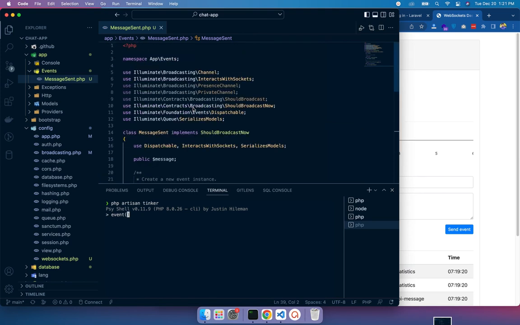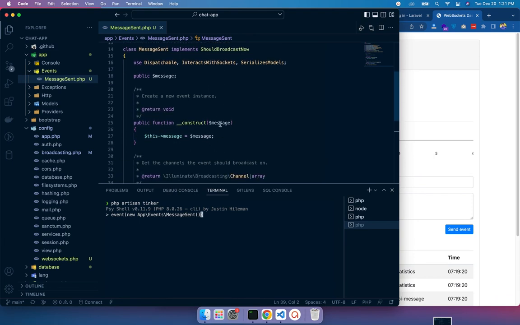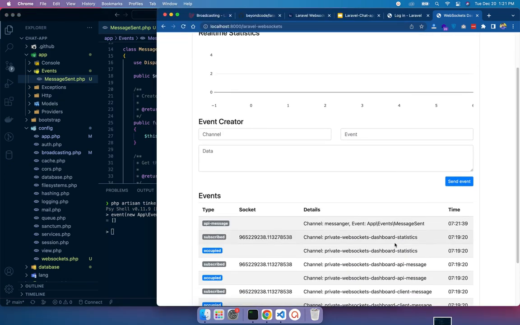How can we get this event name? It would be event(new App\Events\MessageSent). We can make any name, and as we are expecting a message in the constructor, we pass a message, hi Akash. So that's it, just event, and wow, we have got this message from here.